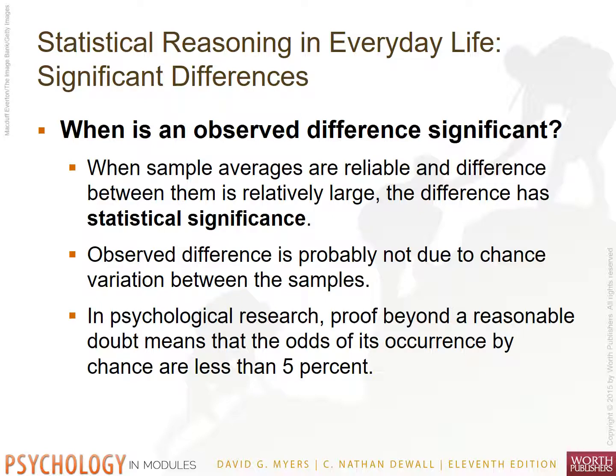And we generally use a cutoff point of 5%. So we basically say that if there is less than a 5% chance that the difference between the control group and the treatment group is due to chance, so if there's less than a 5% chance that the difference is due to luck, then we have a real effect. Then we have a statistically significant effect. Statistical significance means that the difference between the groups is not due to chance variation, or what is statistically called